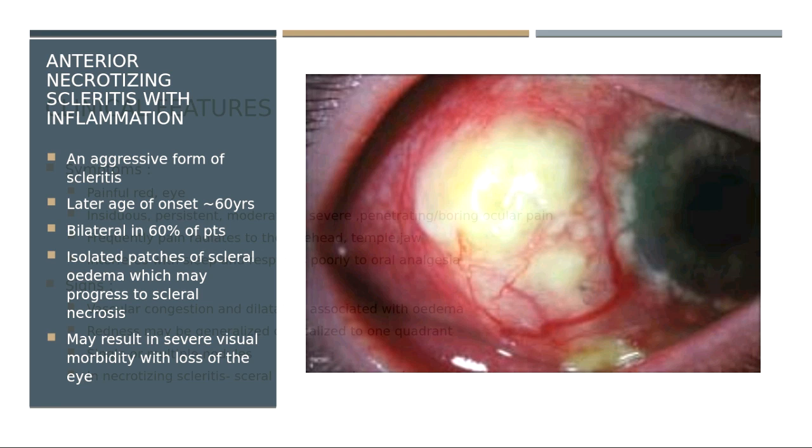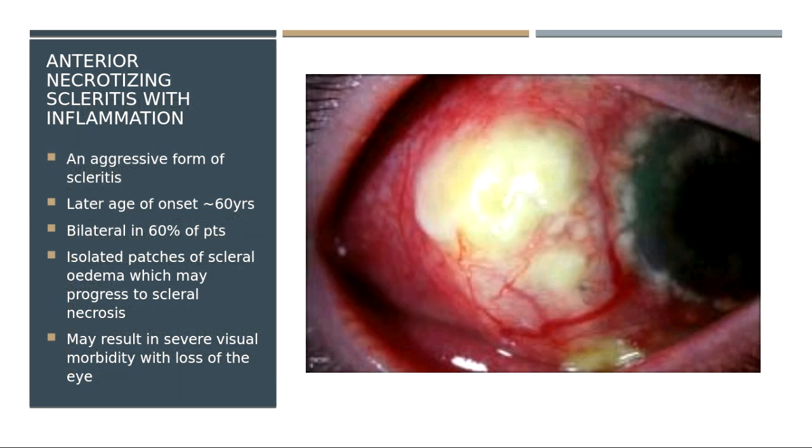So I'm going to show you a few cases. So this is the necrotizing scleritis, and this entire area here is necrotizing tissue. Okay, it's a very aggressive form of scleritis, may be bilateral in 60% of patients,